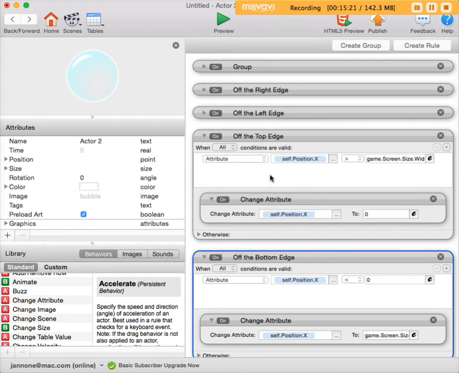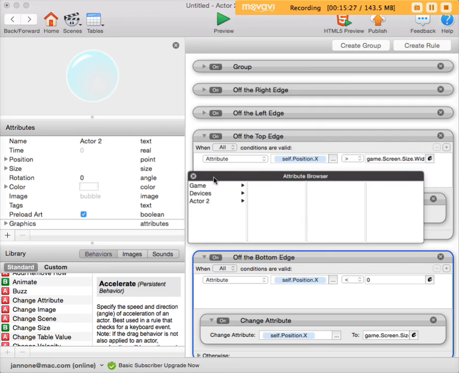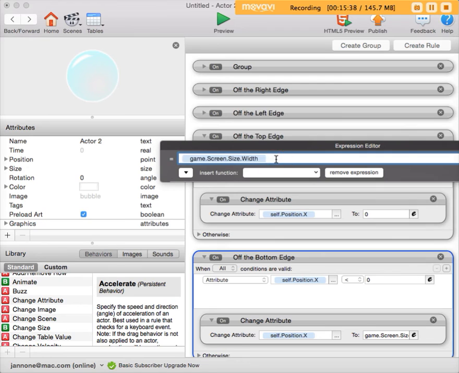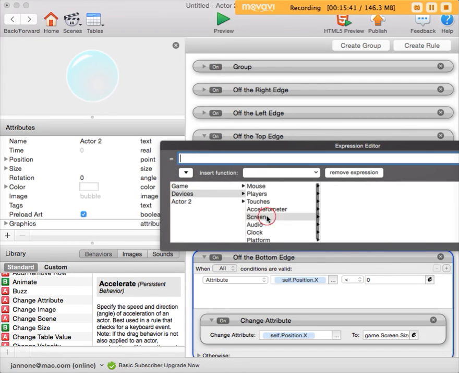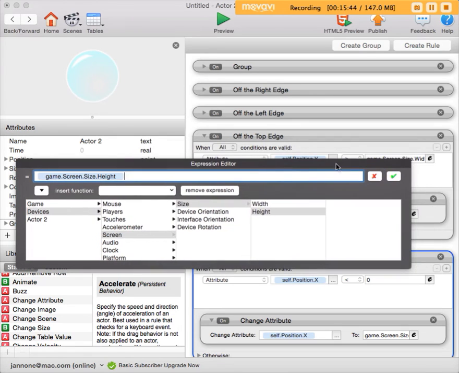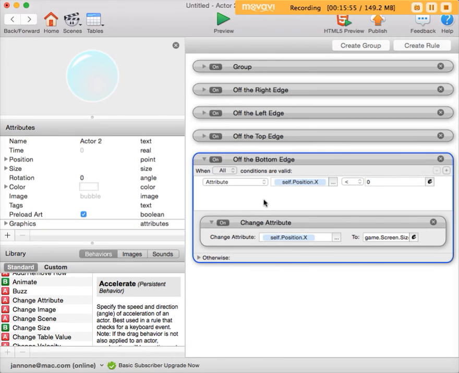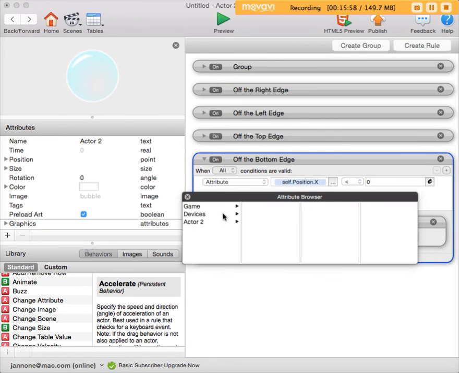So to go off the top edge, I'm saying that the Y position, actor 2, position Y, has exceeded not the width, but the device's screen size height. It's gone off the top edge. And if it goes off the top edge, we want it to jump down to the bottom edge. And the converse here, if the Y of actor 2